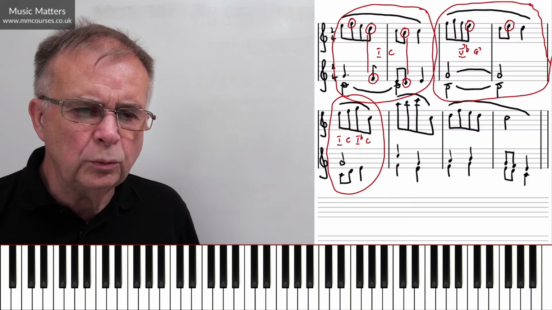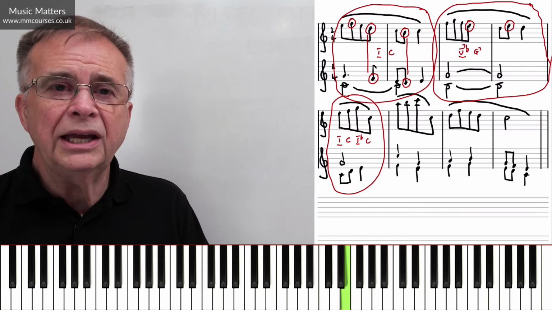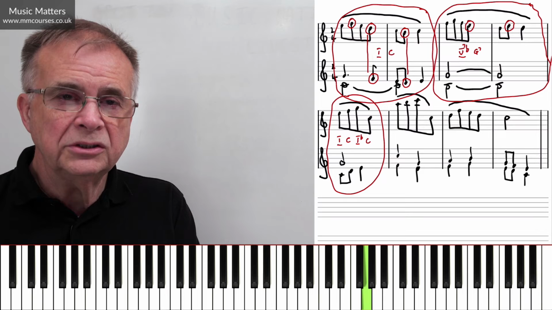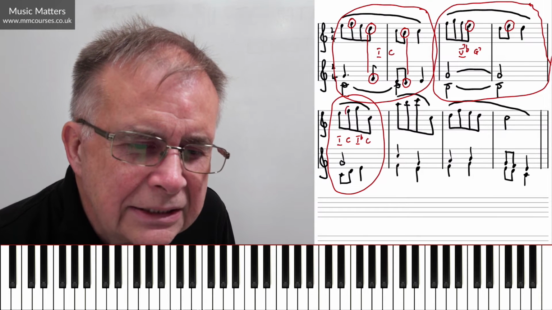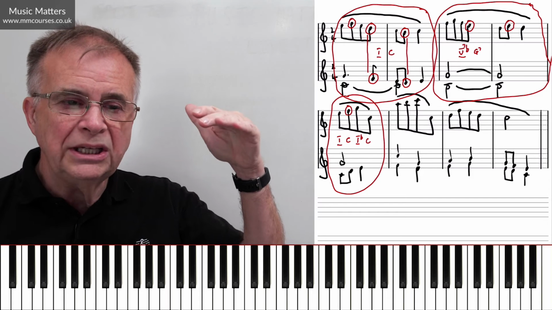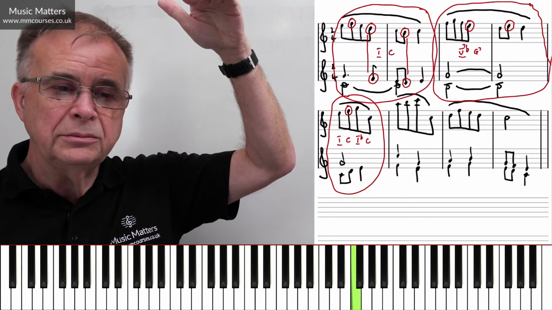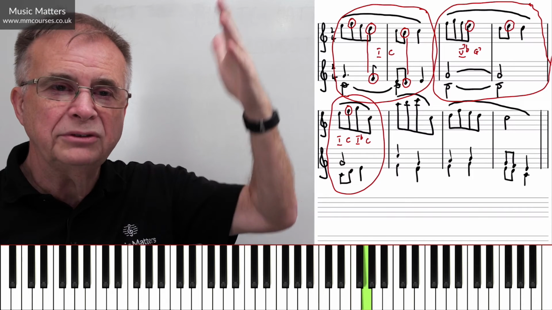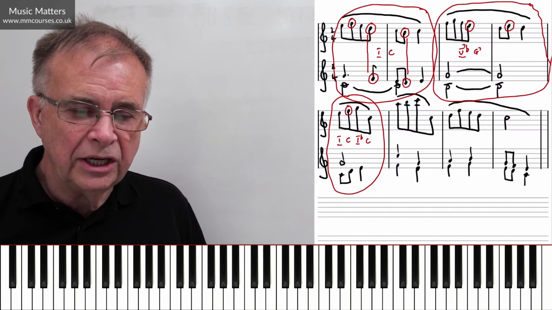So let's quickly see what belongs to that, what doesn't. Well, in the right hand, E belongs to it, F doesn't, G belongs to it, C doesn't. So the only odd one out is this F. And you can see that's going by step between E and G. E belongs to it, we're going up by step to G that belongs to the chord. F doesn't, so that is a passing note or a passing tone.